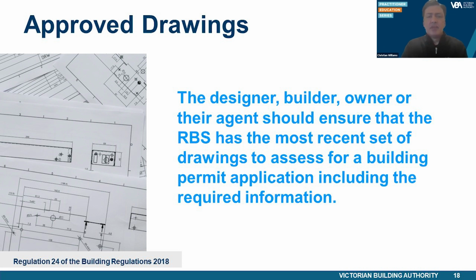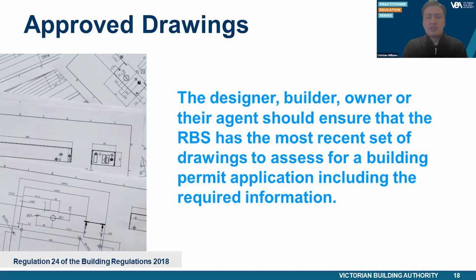The VBA recommend that building surveyors provide a list of approved documents as an annexure to the Form 2 or building permit. This will assist in ensuring the owner of the allotment and the builder named in the building permit and any other relevant parties to the building work are aware of the current approved documentation.